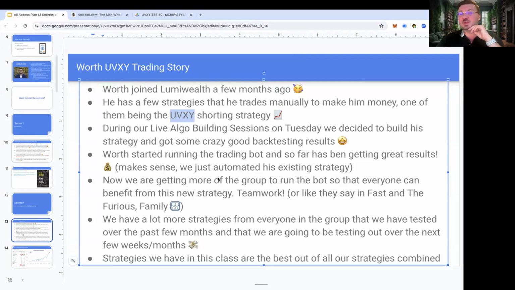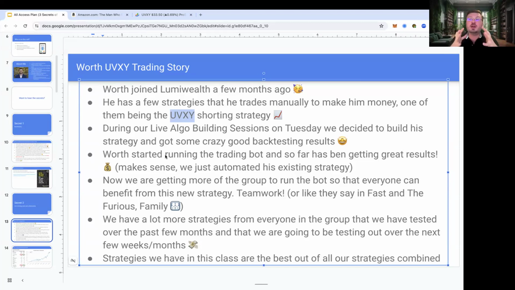So now he's actually been running this trading bot. I see him running this thing on a regular basis. He's saying he's making a ton of money trading this thing. So fantastic. We built this thing out. He can use it. But it's not only him that could use it. If you joined our program, you can actually take his bot and use his bot. We have the code. All you do is take that code and run it. Super easy.